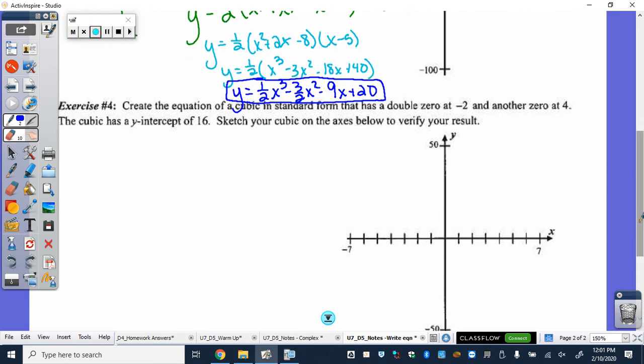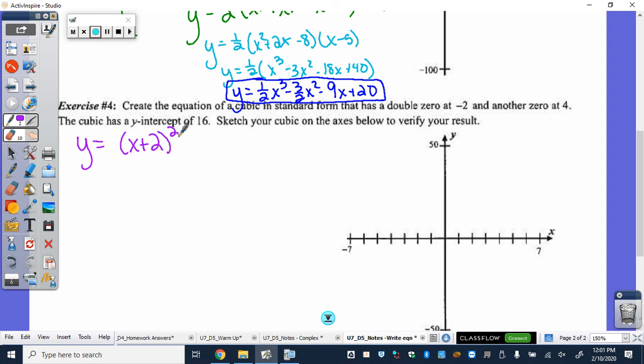All right, let's try one more here. Create the equation of a cubic in standard form that has a double 0 at negative 2 and another 0 at 4. The cubic has a y-intercept of 16. Sketch your cubic on the axes below to verify your results. So we know